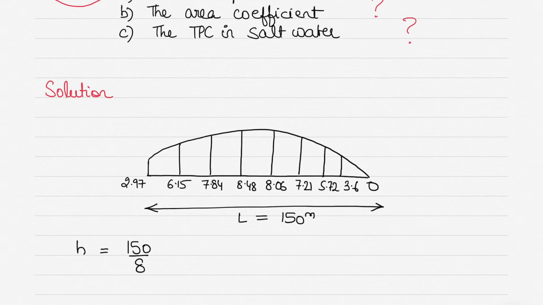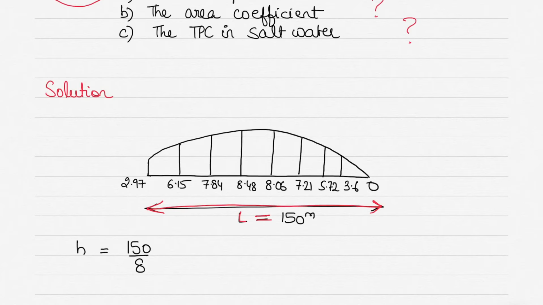Alright, so here you go. What I have done is drawn a basic drawing. This is not to scale, of course. You draw and you start labeling the ordinates. I have labeled the ordinates in the order they were given to me, and of course the lengths of the ordinates are not to scale. This is just for my understanding, and you can see the whole length of the ship is given to us as 150 meters. So L, the length of the ship, equals 150 meters.